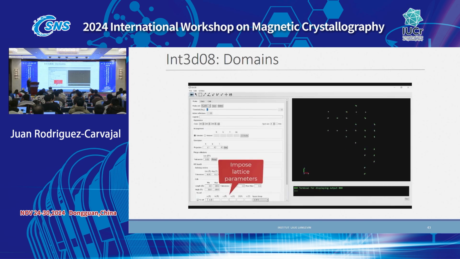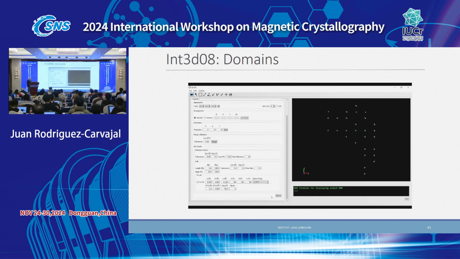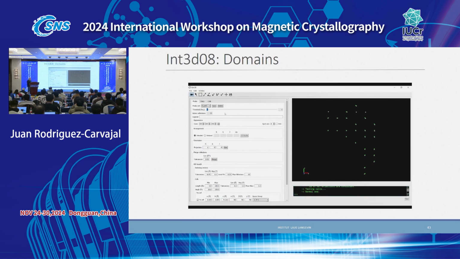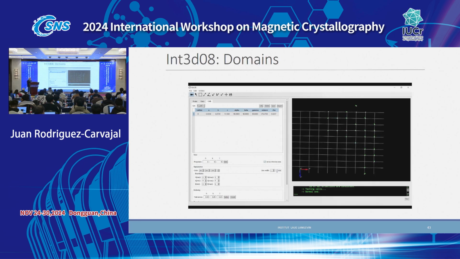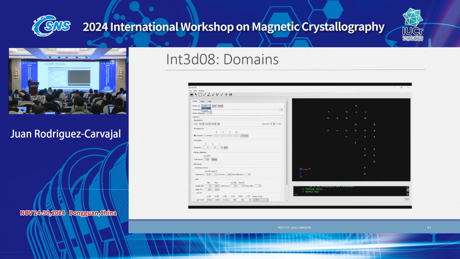You can do all these kinds of things relatively easily, quite user-friendly. This is the kind of interface that we will also put in the FullProf suite, because we have a common framework for doing all this work.